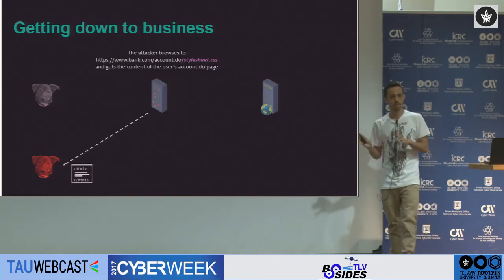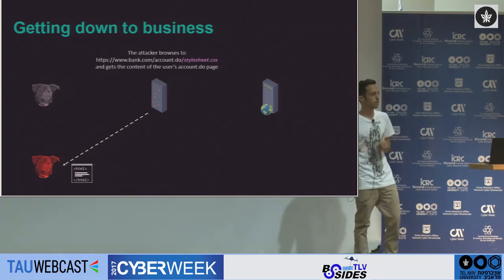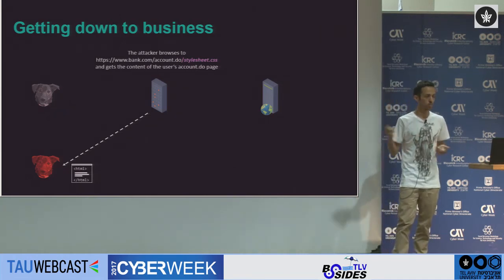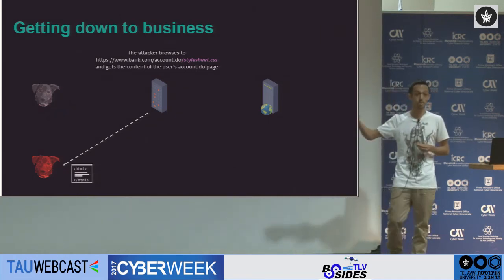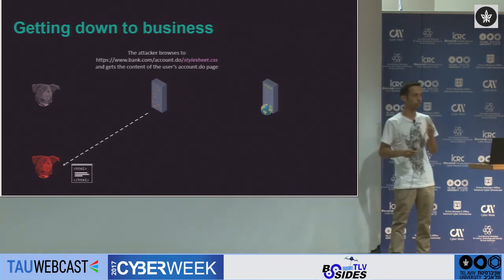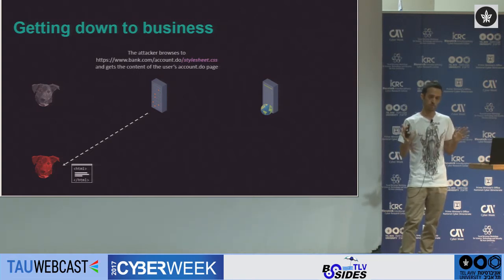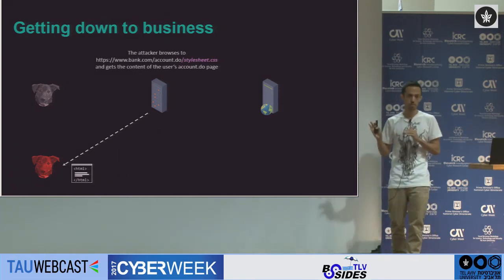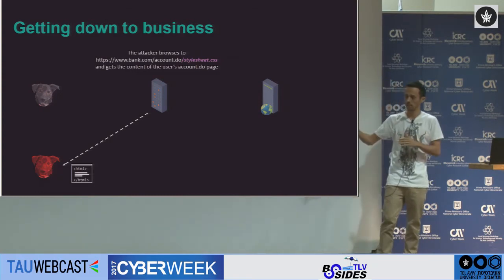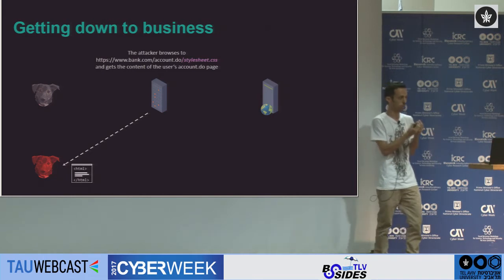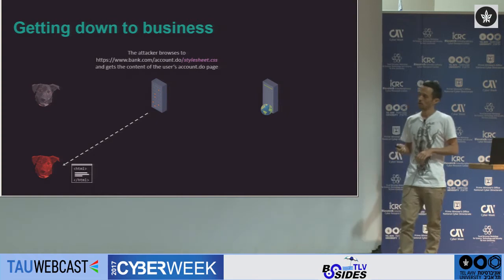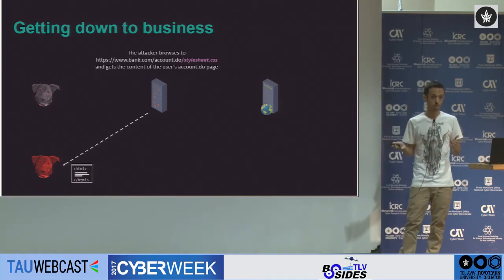Now this is bad, but it could get even worse than that. Let's say that the HTML content contains some CSRF tokens. So now the evil twin can use them in order to attack Java with CSRF. It could get even worse than that. In some web applications that are found to be vulnerable, there's no good reason for that, but the HTML content of the web application contains the user's session ID. So in this case, the evil twin can just take the session ID from the HTML content and take complete control over the user's account. Okay, so now we know how the web cache deception attack works.